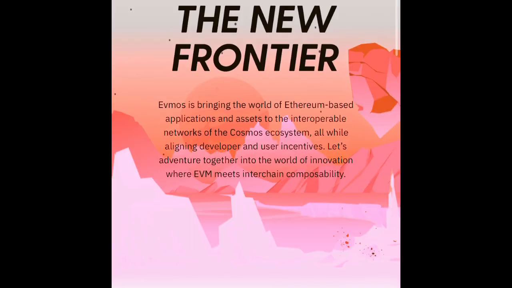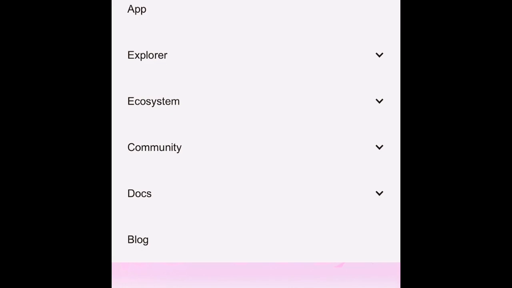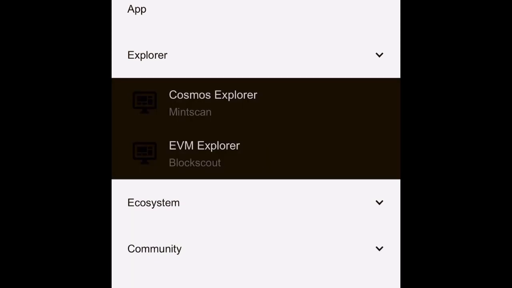So this is the main website, top right corner. You can scroll. You launch the main app where it says App Explorer, which gives you Mint Scan and Block Scout, kind of like BSC Scan, ETH Scan, BTC Scan. You see all your transactions and gas fees and all those crazy statistics that I try to not really get into. I'm going to learn all of it, but just not right now. It's just too much. So moving on.